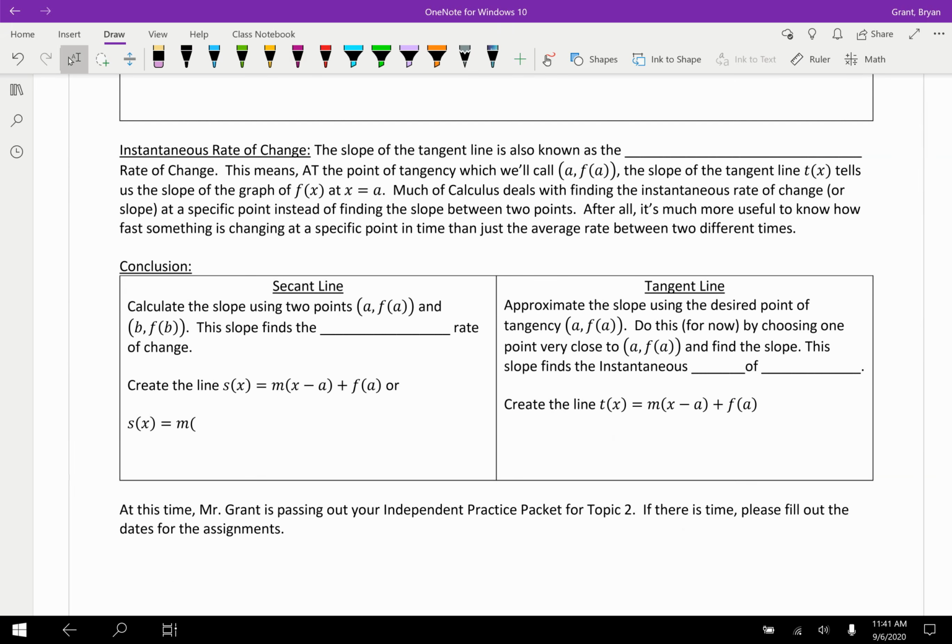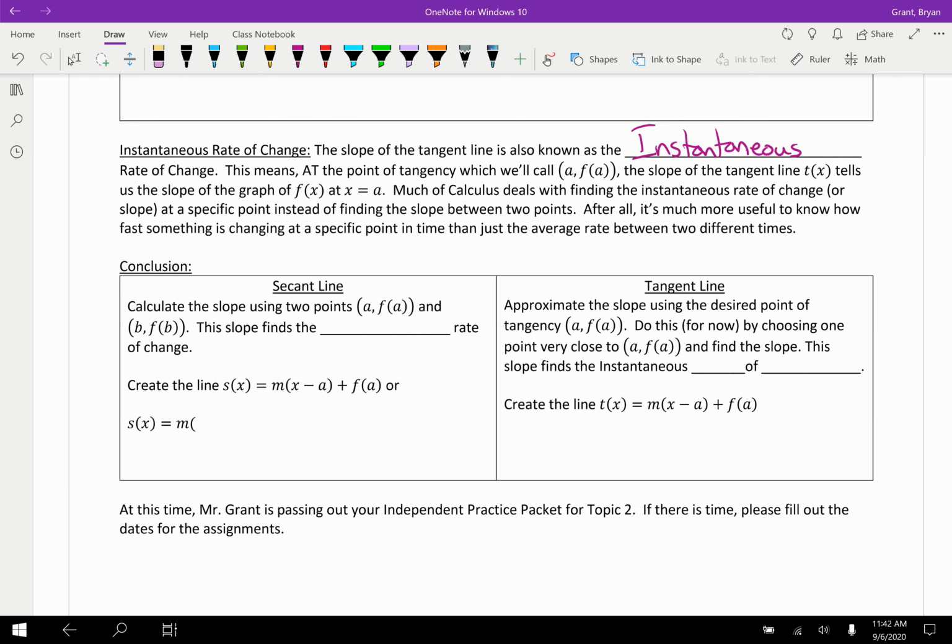The last part introduces a quick definition, and our definition is the instantaneous rate of change. And remember, we started earlier with the average rate of change, and I'll redefine that down below. But the slope of a tangent line is known as the instantaneous rate of change. And what that means is at the point of tangency, and I'm going to call that a comma f of a, a point on the graph,